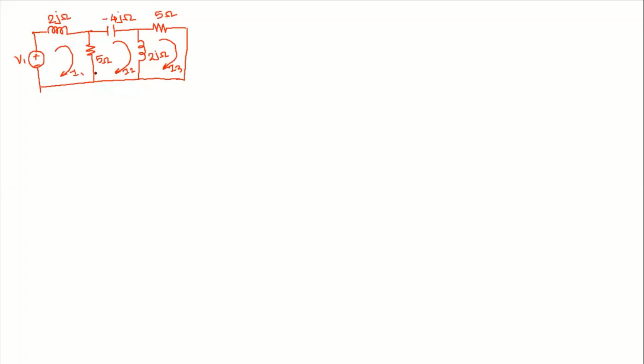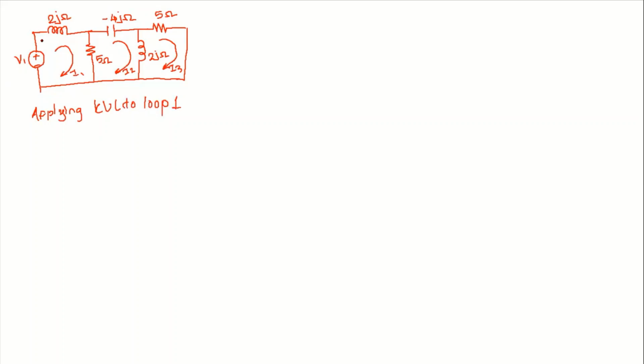So what we have to do is identify the ratio. It has already been mentioned that I1, I2 and I3 are the loops, so we have to perform loop analysis. This numerical is of AC analysis. So first we are applying KVL to loop 1.